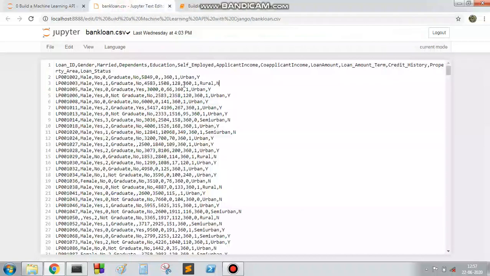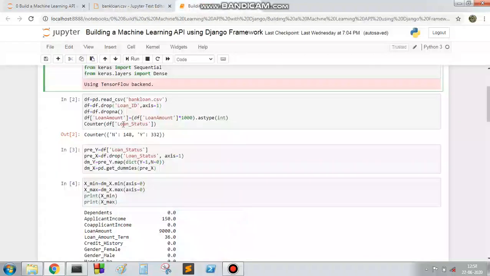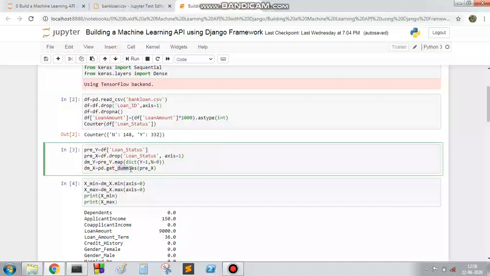As we know, the status value is in terms of Y and N, so it is desired to convert this Y and N to corresponding integers. Here we are converting Y to 1, and in place of N we are putting 0. So simply we are mapping this value from one domain to another, that means from Y N to 1 0. And in this case, why do we require dummies?